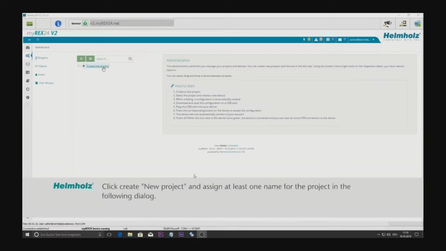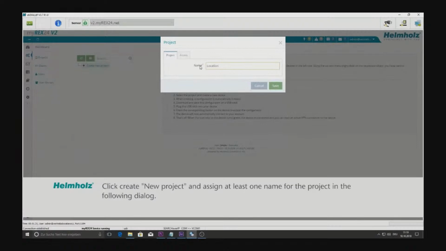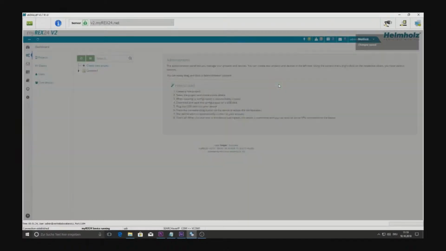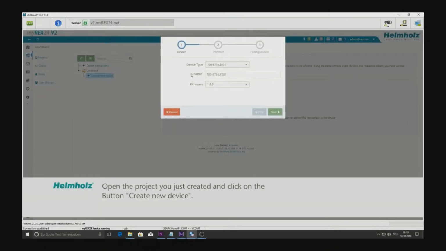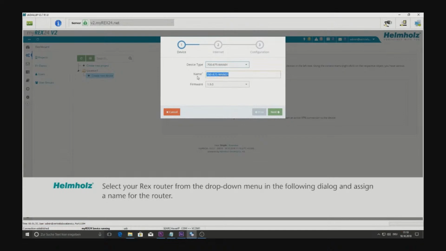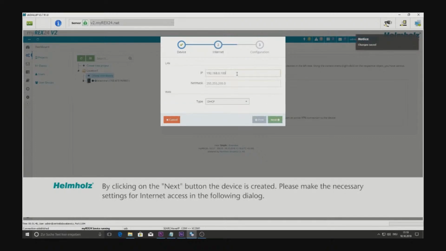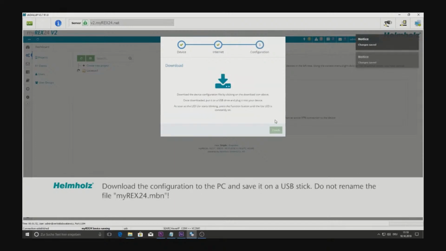Here you can see, once you are logging into the account, you can create a project, and in that project you can add a device. There are different variants available. You can choose as per your device name and device type, give the name to the device, and select the latest firmware. Now here are two things. You have to assign the LAN IP and the WAN IP. LAN IP should be in the series of your PLC, and WAN should be as per your network requirement. And once this is done, you have to download this configuration to your PC,